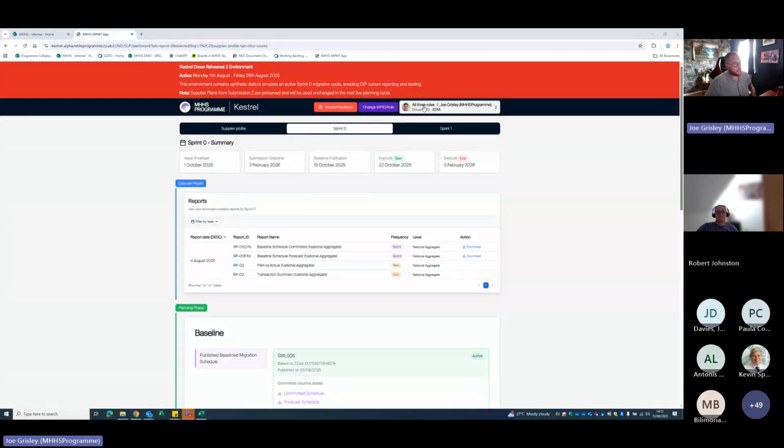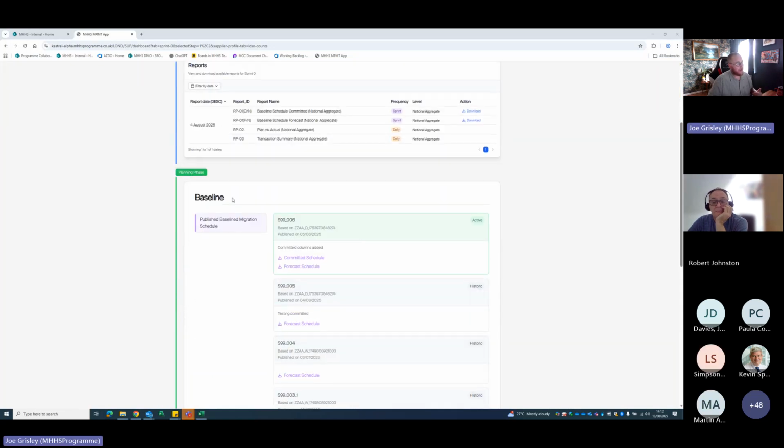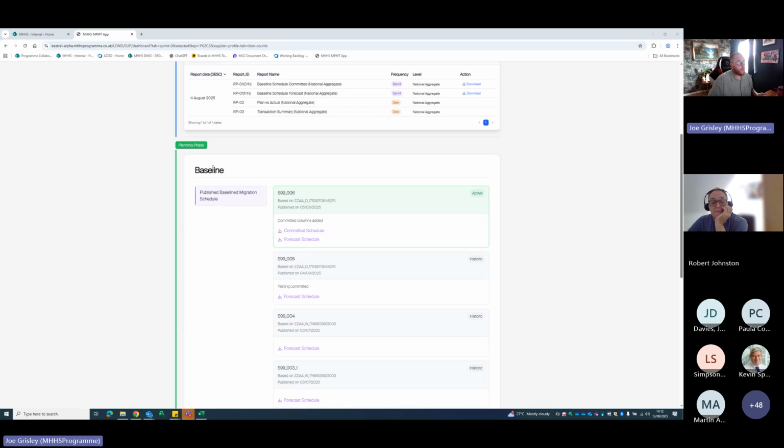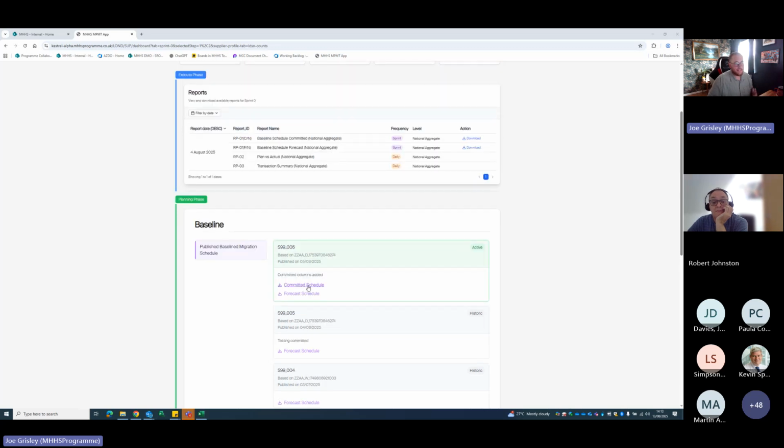I'm in currently as a test supplier. Under the active sprint, you'll have 2 separate cards, and within the execute card, you'll be able to download either the national committed or forecast schedule. And then when you come down for your personal view, for whatever you've submitted, you'll get an individual view of both of these schedules. The only difference really between these reports and the ones above is that this is unique to the values you've put in, whilst this is an aggregation of the full supplier community